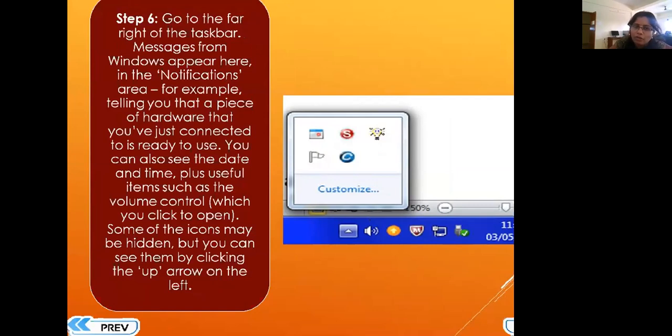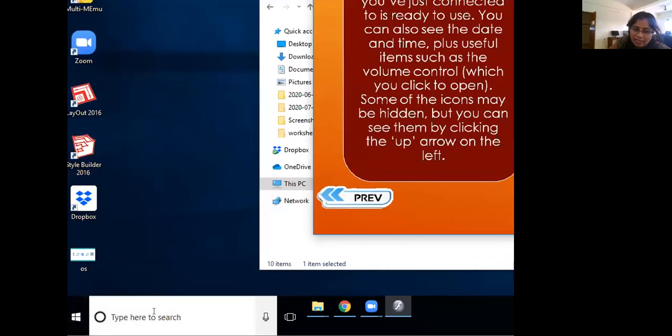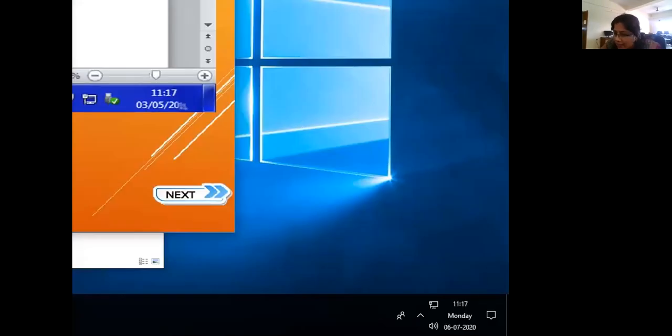I will take you. See, at the left hand side corner we saw the start button and search window, and then you saw that files are here. Now let's take it to the right side corner. See, I'm taking my screen to the right side corner. Can you see on the right side? We have date, we have time, we have calendar. Yes, we have volume control also. From here only you can control the volume of your computer.